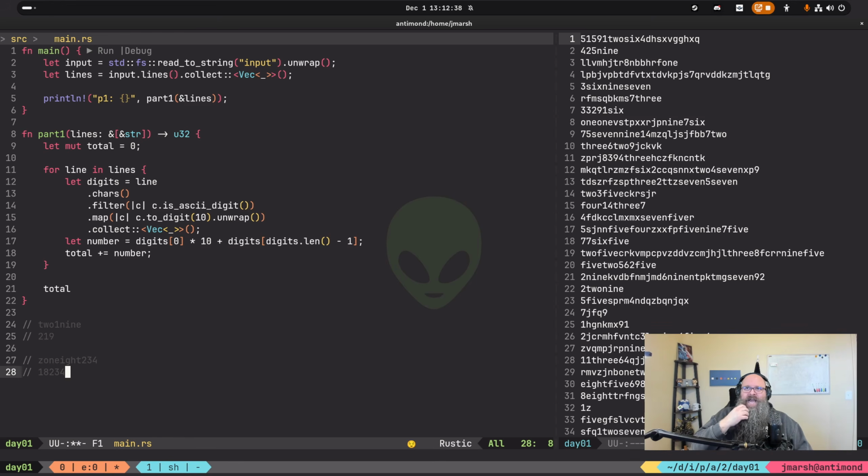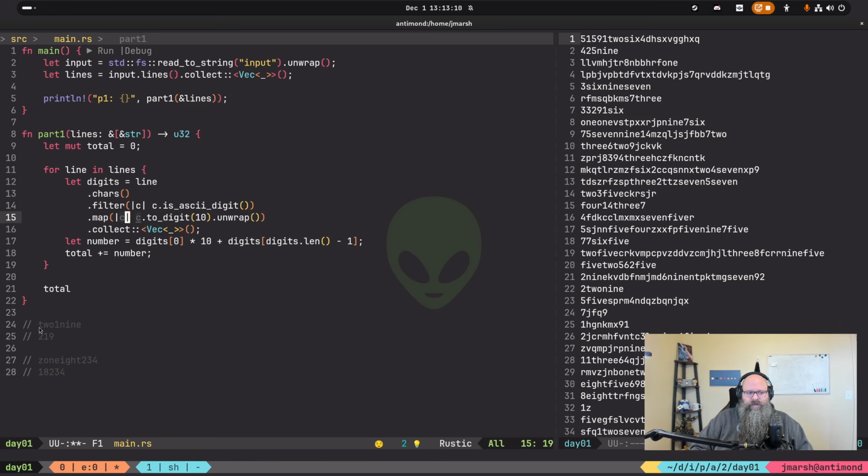If you think about how someone else might solve this, they might use chars and filter. Another solution would be to start at the beginning and find the first digit, and then start at the end and find the first digit going backwards, right? If you're using that solution, traversing forward then backwards, that's probably the optimal solution, at least for part 1, right? Because I don't have to do any of this stuff.